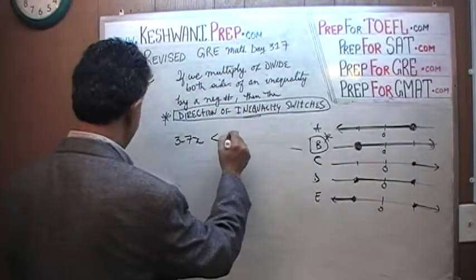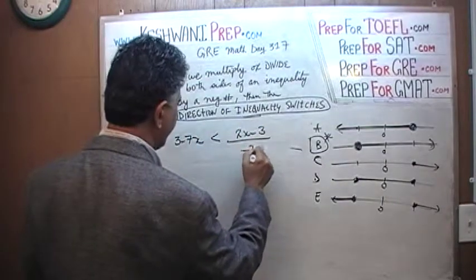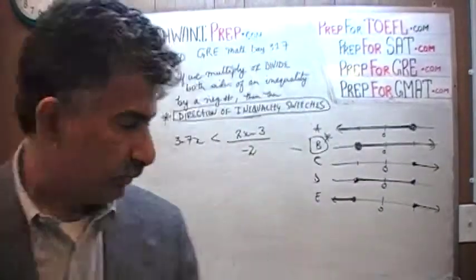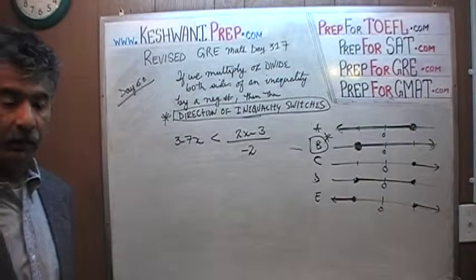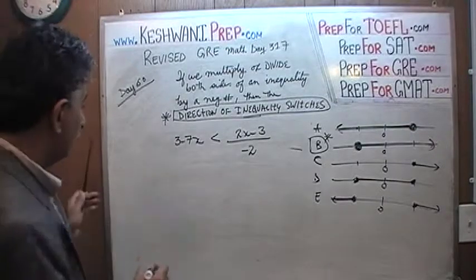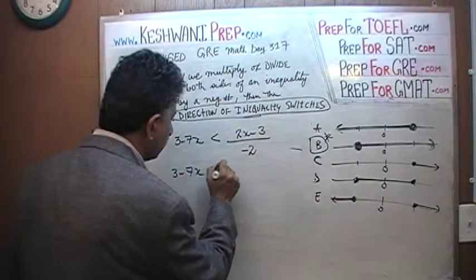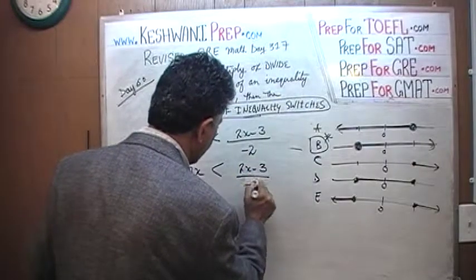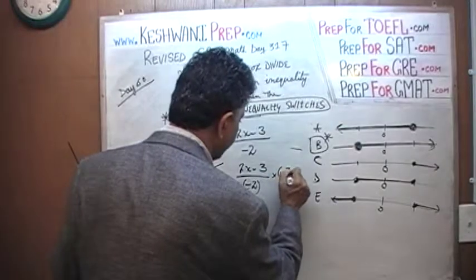is less than (2x minus 3) over -2. Now the very first thing we have to do is to somehow get rid of this -2 from both sides. How do we do that? By multiplying both sides of the inequality. We want to get rid of this -2. We do that by multiplying both sides of the inequality